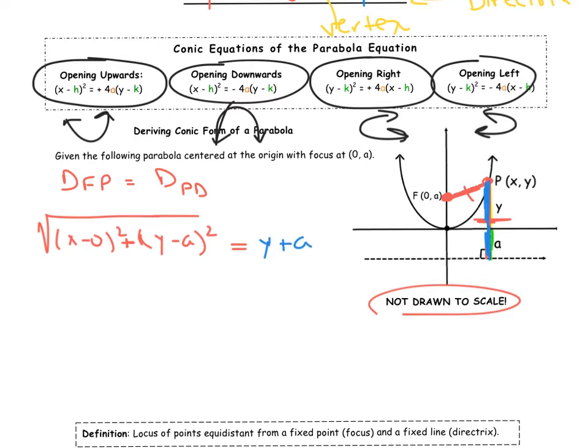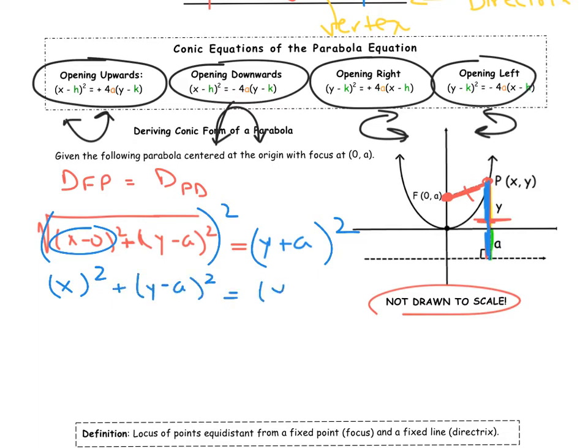Now I'm going to square both sides to get rid of the radical. So we're going to square this whole thing and square this. So we'll have x squared, because x minus 0 is just x, and then it's being squared, plus y minus a squared equals y plus a squared. I'm just going to simplify this. We'll have x squared plus y squared minus 2ay plus a squared is equal to y squared plus 2ay plus